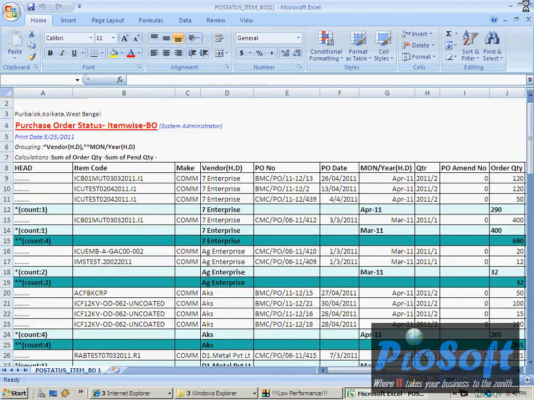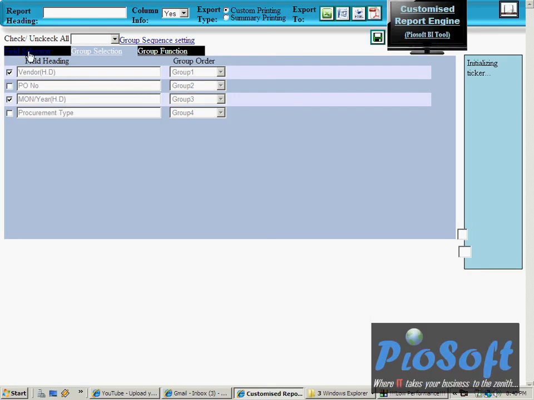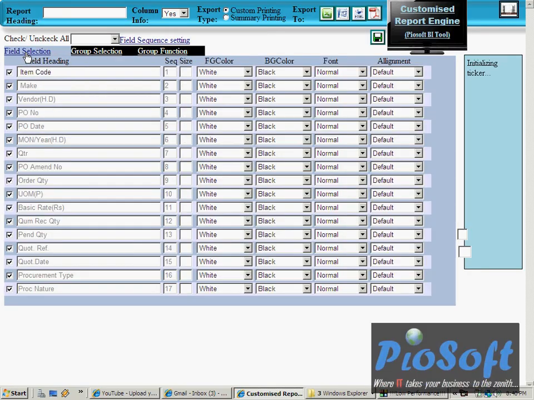Clear? Okay. There are some other options as well. Let me show you these options. Let's say I want to change the size of this item code depending on the need. Few formatting can be done. I want this to be a bit bigger, so I'm mentioning the size here. I want the foreground color of this one to be green. Let me make the background color, let me make it as red.